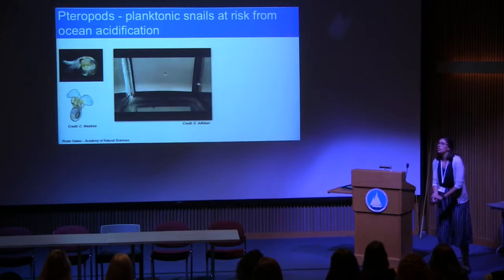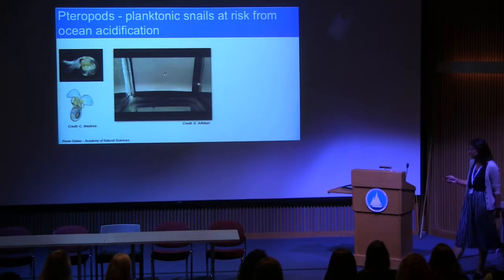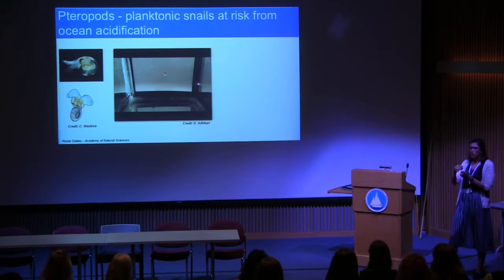And my research focuses on pteropods, which are a group of planktonic snails, planktonic mollusks. So you can see a picture here of them. They've changed the foot that a normal snail has into a pair of wings, and they swim through the ocean,